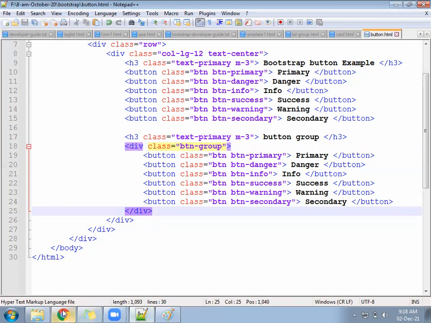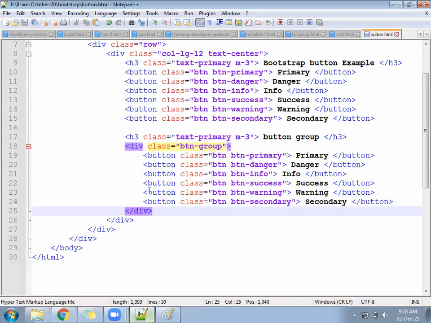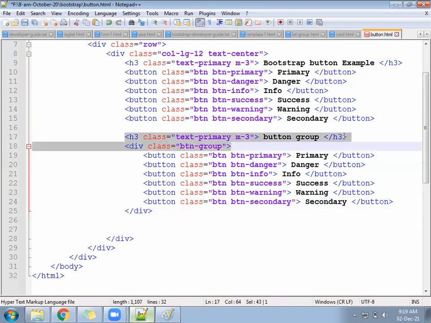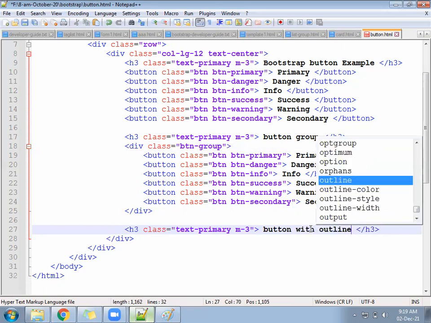Next, we can create a button with an outline border. So write again an H3 below: Button with outline.